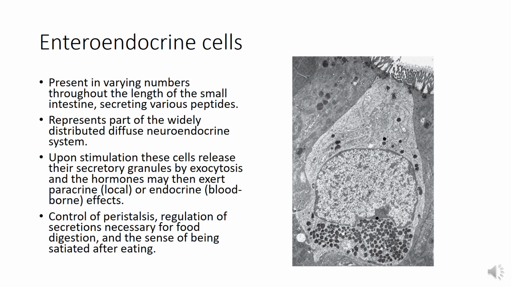The names of these cells and the hormones secreted by them are the S cells, they produce secretin; K cells, they produce gastric inhibiting peptide; L cells, they secrete glucagon like peptides; I cells, they produce cholecystokinin; EC cells, they secrete serotonin and substance P; MO cells, they produce motilin; DI cells, they produce vasoactive intestinal peptides; and then the G cells, which are present in the proximal duodenum only, and they secrete gastrin.